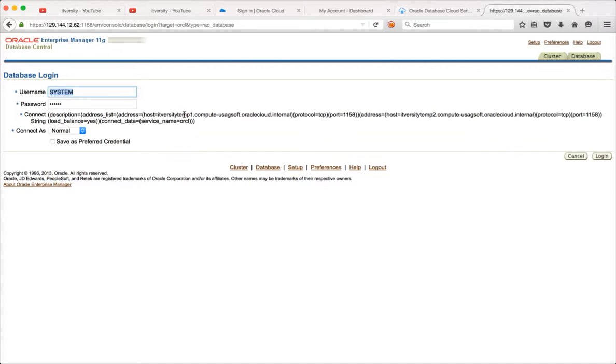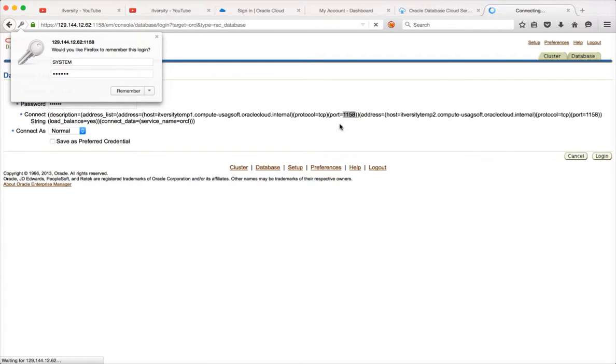And this will demonstrate this when you try to log in to check the performance. If you see, it is using 1158 as the port number, whereas the listeners are configured on 1521 port number. So we have to fix this. For that you can click on cancel here,